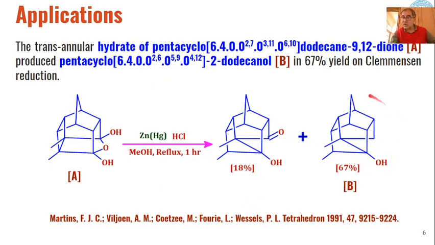So our interest is mainly this one, which is the major product, that pentacyclododecanol is formed as the product. So basically 9,12 dione through hydration is first converted into this, and this then undergoes reduction to give us this type of dodecanol as the product. But in addition, a small amount, that is 18% of the dodecanol formed, has one of the carbonyls intact, as present in the starting material.